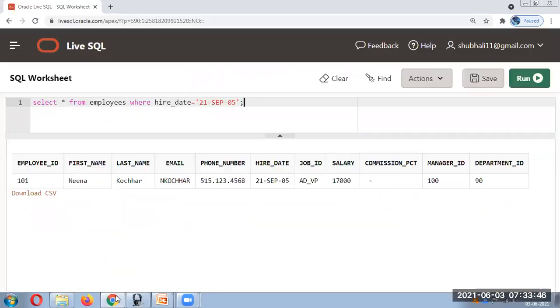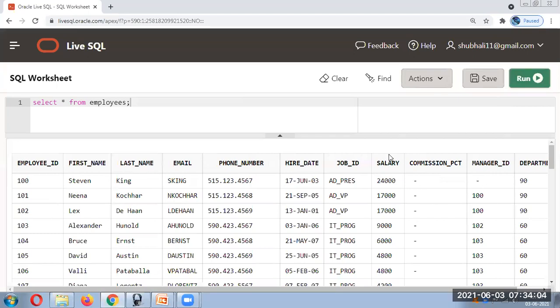We can take anything. Let's try this first. From employees, where salary, we can mention over here where salary is greater than whatever value you want.